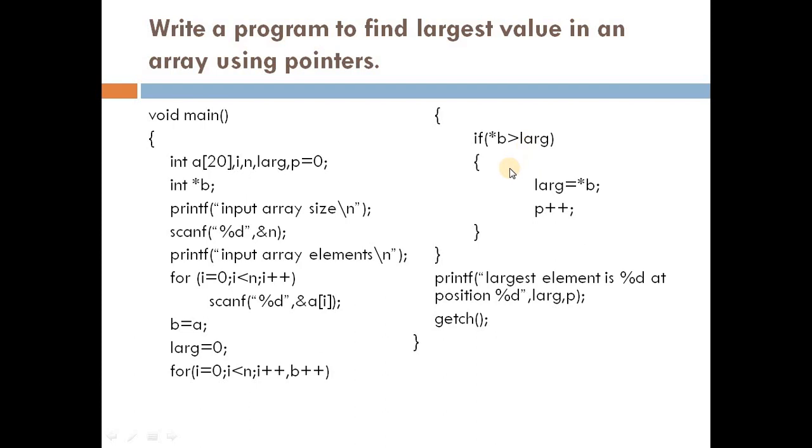In this for loop I shall keep on checking the array elements against this variable large. If the array element is larger than this temporary variable, I'll shift it to large. This logic we have already seen in the array programs. After this loop is over, we will get our largest value in the array, and we will also get the position at which the element was found as the largest value. You just execute this program, debug this, you will be able to understand the working.